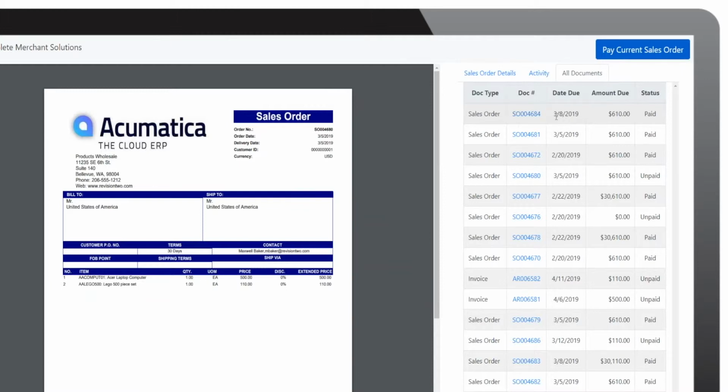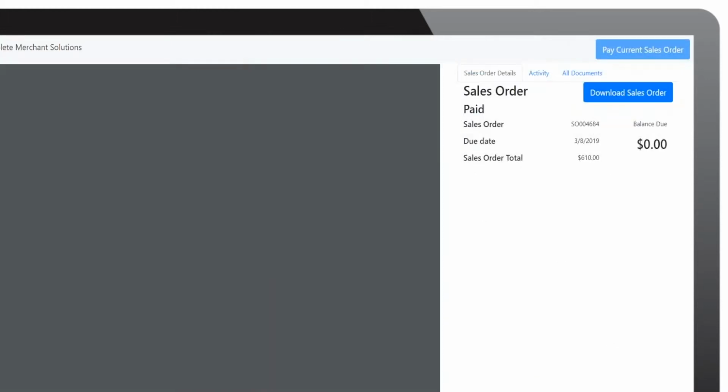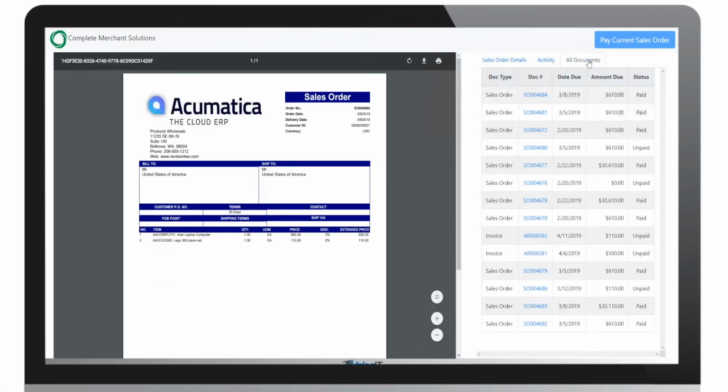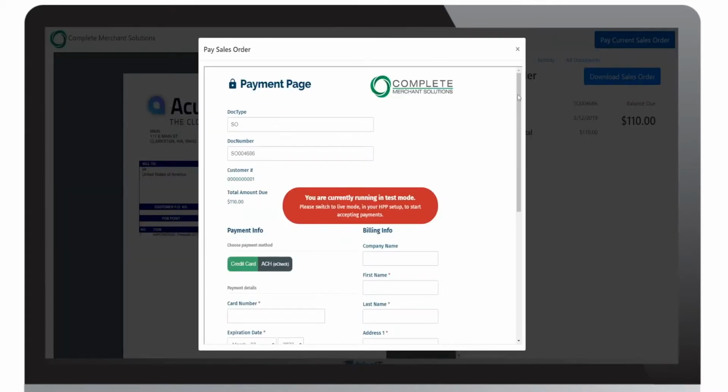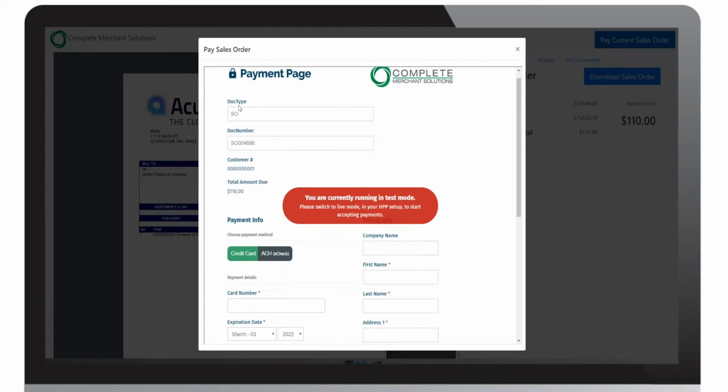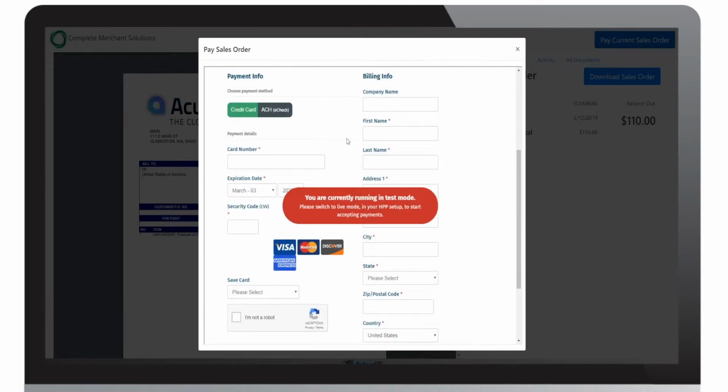But we'll go ahead and go back up to the one that we originally sent in. So if we click on our Pay Current Sales Order, we can scroll down and we can see the sales order number or the sales order type, in this case, the sales order number. Your customer number, how much is due, how you want to pay for it, credit card, and if you choose ACH and put in the banking information,